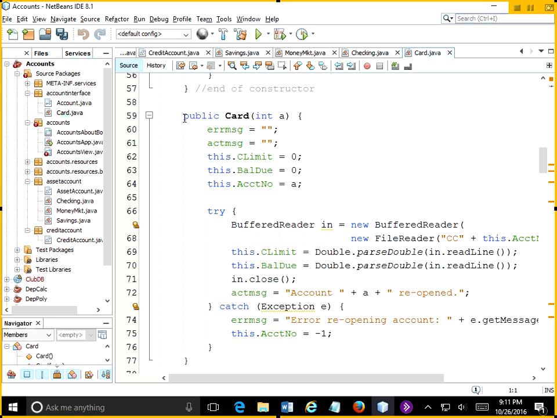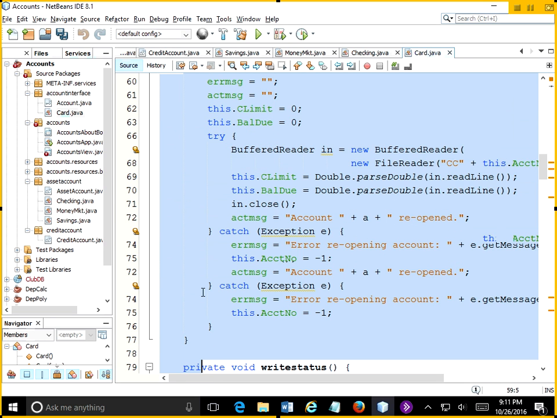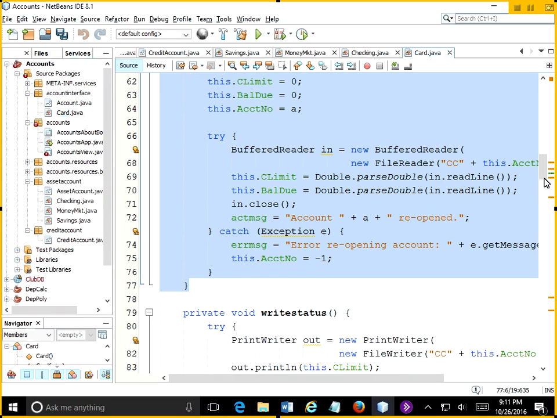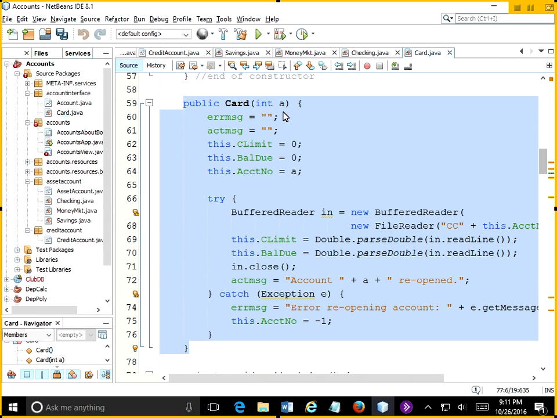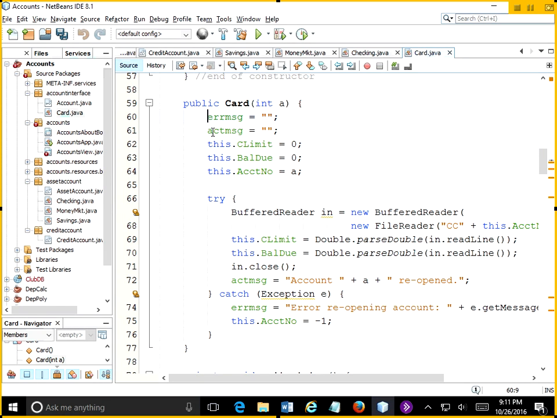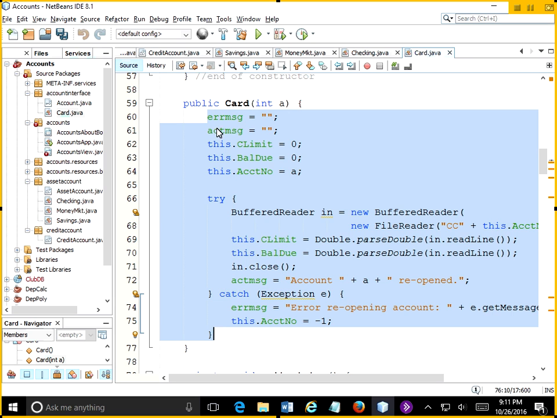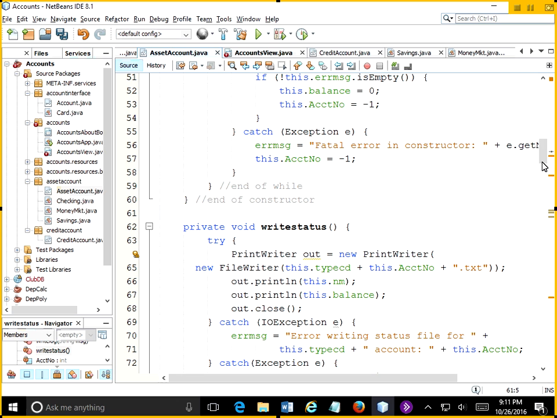So let's grab from card.java the constructor that is the overloaded constructor that expects the account number. So I'm going to do Control-C, and I'm going to go back to asset account. Oh, you know what? Let's take that back. Let's take only the insides. Let's start not with the declaration, but just the inside. So Control-C on that code. We'll go back to asset account,